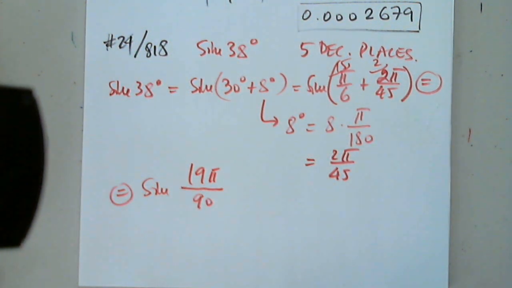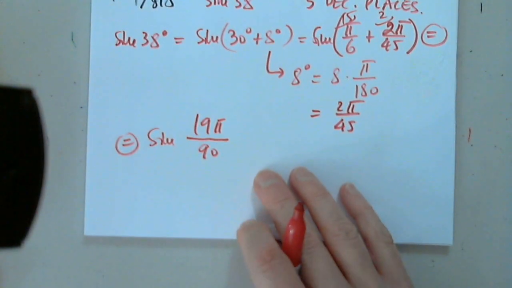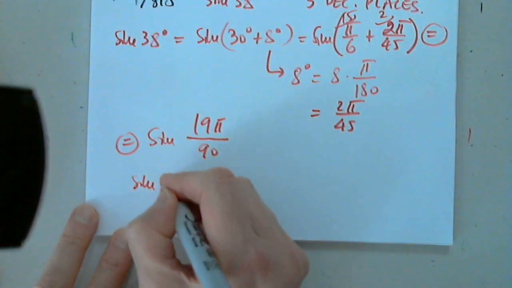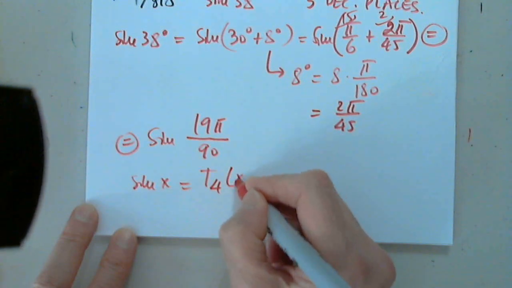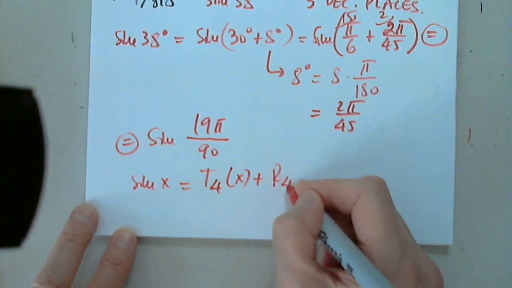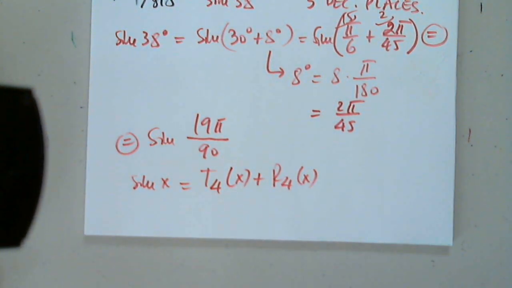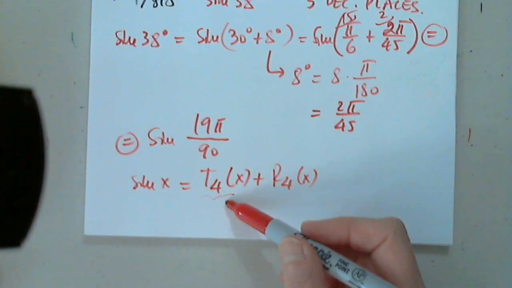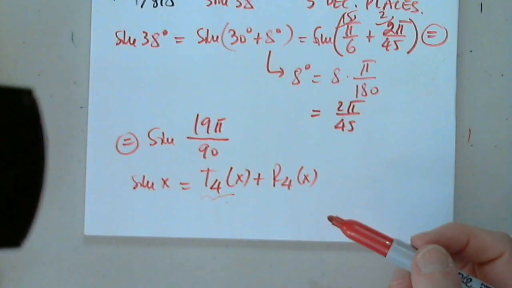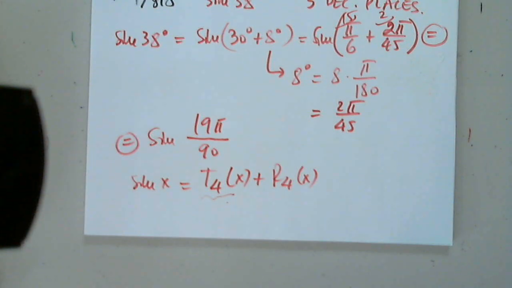Okay. So also remember that sine x was determined with polynomial T4 plus a remainder, corresponding to the Taylor polynomial of degree 4. I'm not going to copy T4 here, but if you remember, we got